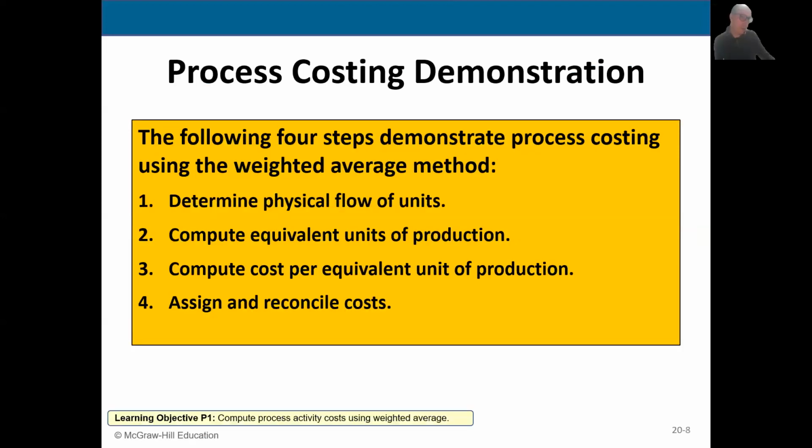The idea behind weighted average is that we are taking the average, right? The average. So, weighted average. Last